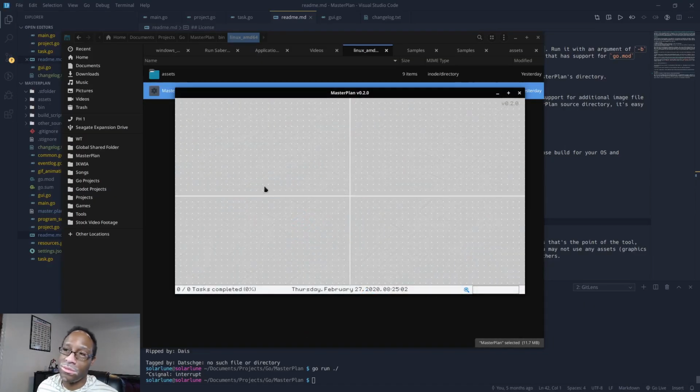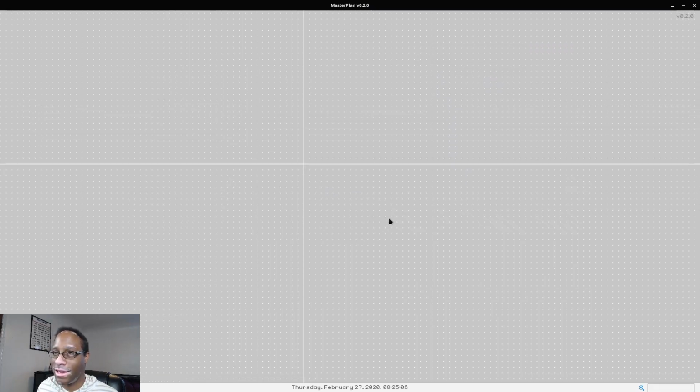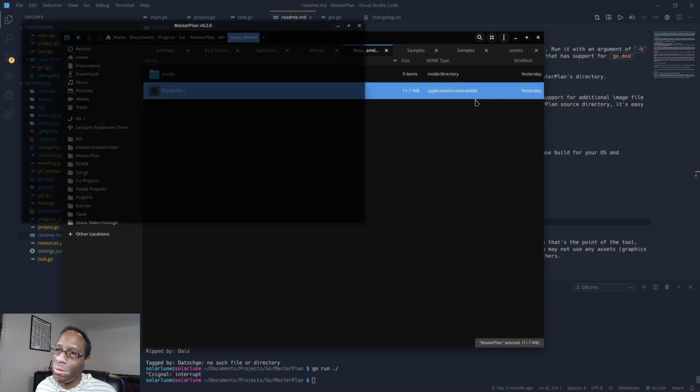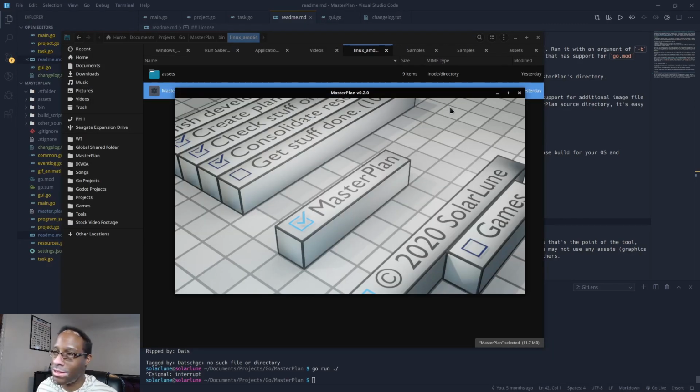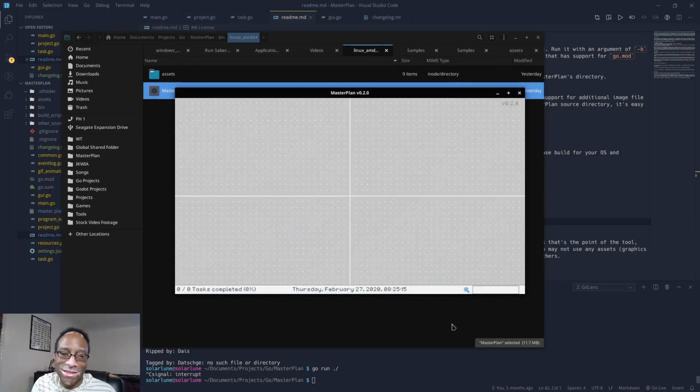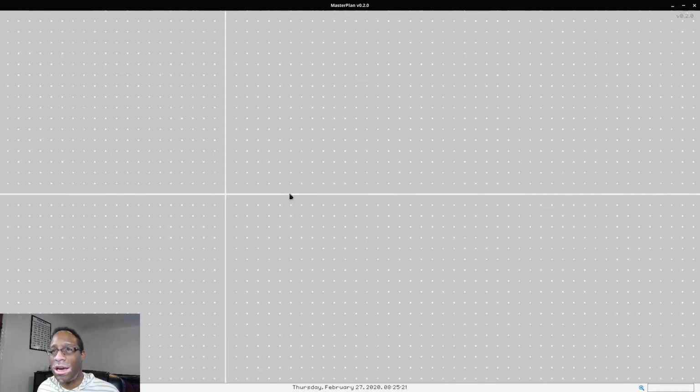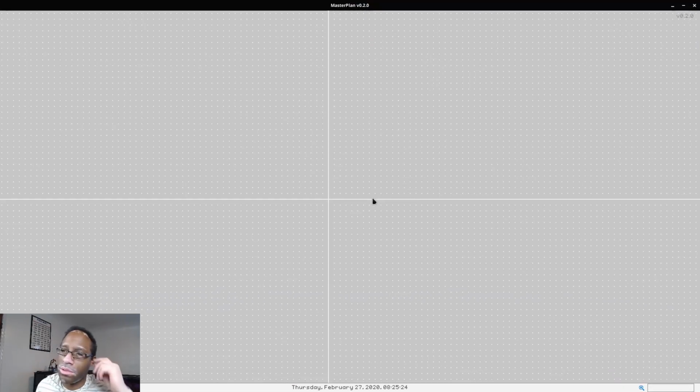Let's just move on. So, Master Plan. First, when you open Master Plan, you get a nice little splash screen that comes up for like a millisecond before it disappears. But I thought it would be nice to add that little splash screen. It's a little hard to see because it comes up on my second screen and then I have to move it over. But yeah, it's a nice little splash screen, and I'll try to maybe keep splash screens coming as I work on Master Plan and do major version updates. So that's cool.